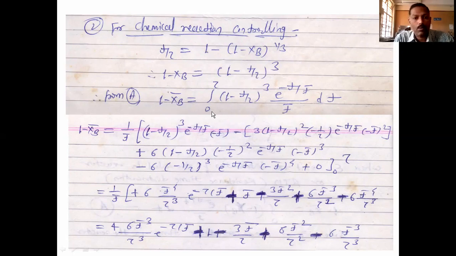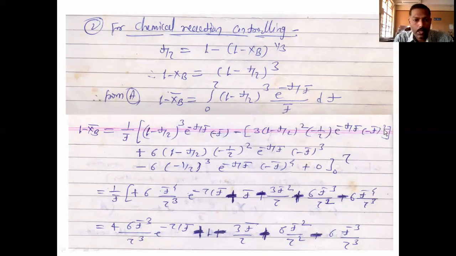So 1 minus xb bar equals the integral from 0 to tau of (1 minus xb). What is 1 minus xb? That is (1 minus T upon tau)^3 into e raised to minus T upon t bar, into dt. Again you solve here this (1 minus T upon tau)^3 e raised to minus T upon t bar. Differentiation of this first term gives 3 into (1 minus T upon tau)^2, reducing the power, and increasing the power term, minus t bar squared here.